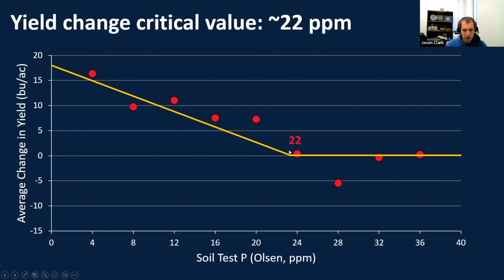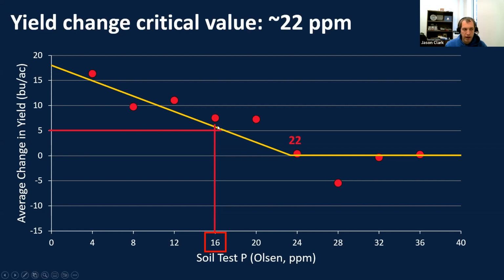But a lot of times when I've asked farmers, how much change in yield do you want to see before you're going to do something out in the field? A lot of them say 5 bushels per acre. So if we say we want this 5 bushel per acre increase before I'm going to go through the effort of adding phosphorus, and we run over to the line here and run down, it's right at that 16 parts per million. So once we hit 16 parts per million or less, that's usually when we're going to start to see a bushel increase. And that's where our recommendations start recommending to add fertilizer, at 16 and below. So that still seems fairly accurate.